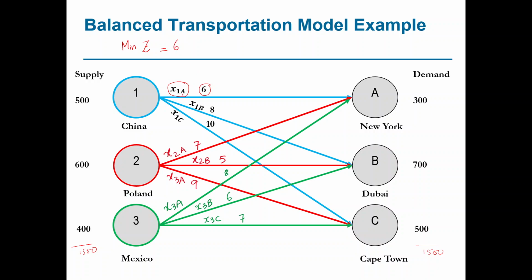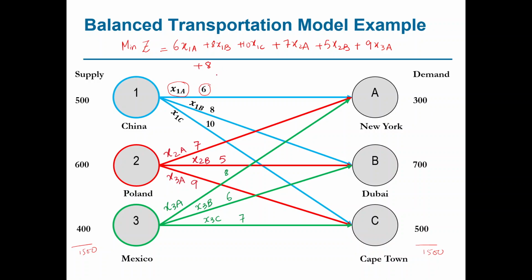6, the cost from China to New York, and then the quantity 6x1a plus 8x1b plus 10x1c plus 7x2a plus 5x2b plus 9x3a. And then we have